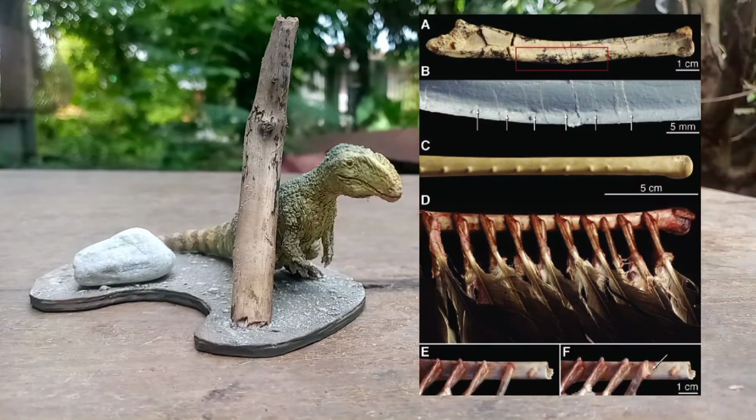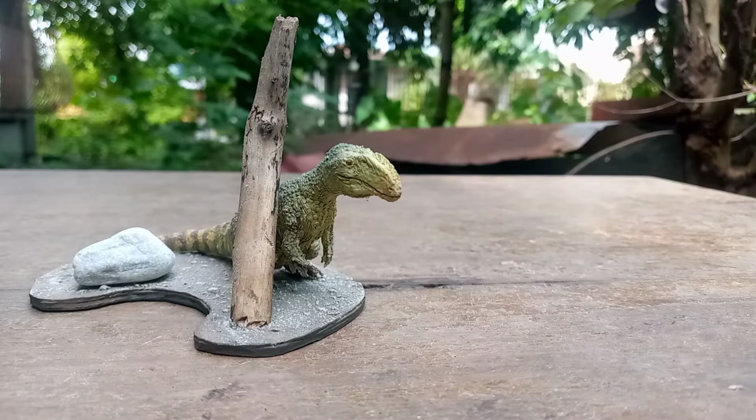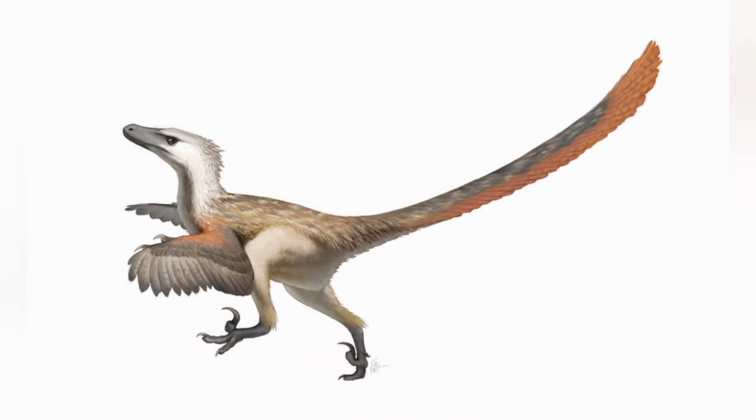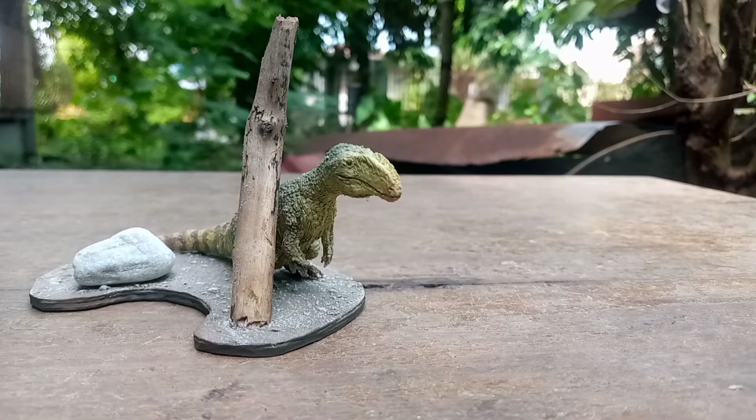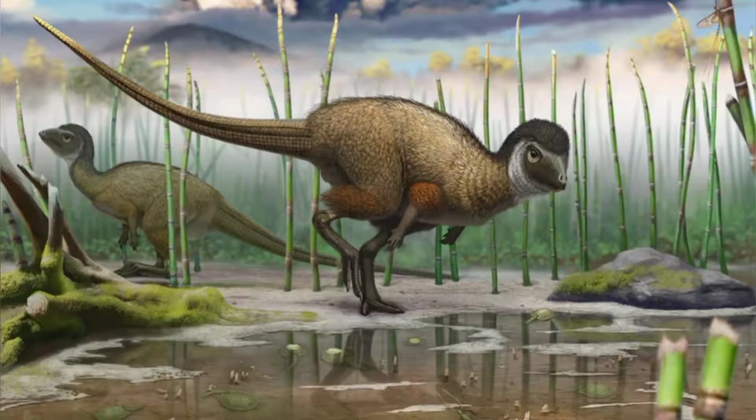Quill knobs are found in birds and other feathered dinosaurs that served as attachment points to stabilize secondary feathers. This find was significant since this animal was not a close relative of birds, unlike the more derived theropods such as the dromaeosaurs or raptor dinosaurs. If this animal was feathered, that would mean that the filaments were much more basal than what was believed at the time. The idea of basal filaments has been strengthened by the preserved integument of Kulindadromeus, which is an ornithischian,